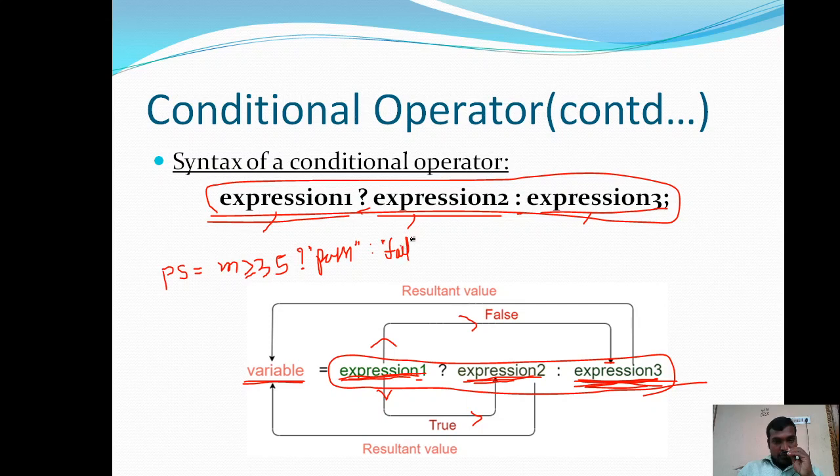Now in this case, this m greater than or equals to 35 is expression 1, and pass is expression 2, and fail is expression 3.